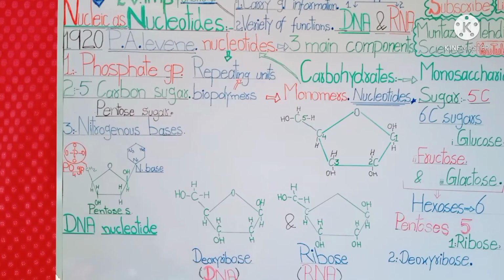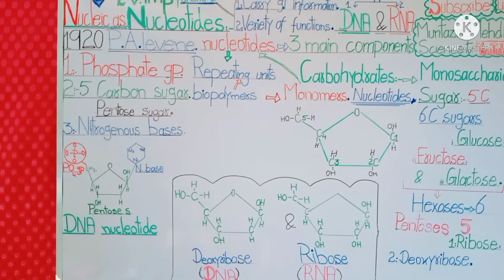If you compare this structure of ribose to the structure of deoxyribose present at the left side, the only major difference is at carbon number 2. This carbon number 2 in deoxyribose contains only a hydrogen atom, not a hydroxyl group. So the resultant sugar is deoxyribose, the sugar of DNA. In both of these diagrams, you can see the carbon number 2 in deoxyribose sugar contains only a hydrogen atom, whereas in the ribose sugar the carbon number 2 contains a hydroxyl group.